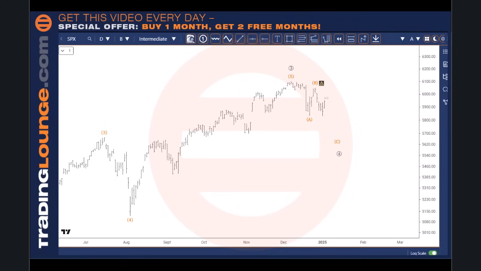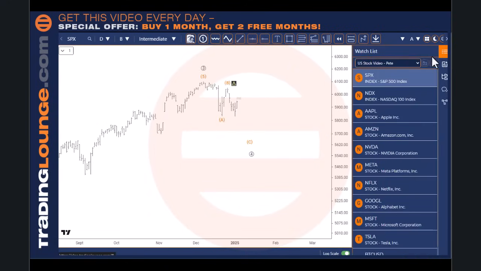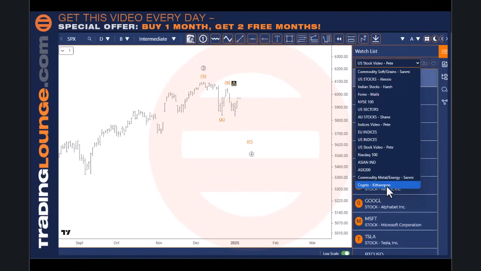So we're looking at the S&P here. I can put the code on the chart, but I just like as little noise as possible, so the code will be up here, and I'll be working through this. This will be my watch list here. Joel's also going to, these watch lists here, when you use the program, these will be here. You can delete them or add to them and all those sorts of things. And these will be watch lists, like I'm working with the US stocks video here, and these are the stocks that I cover in the videos.